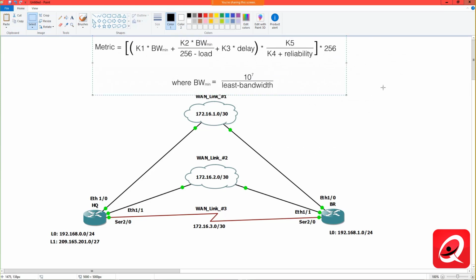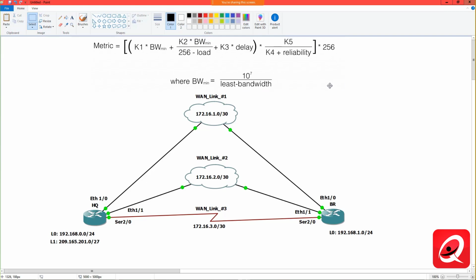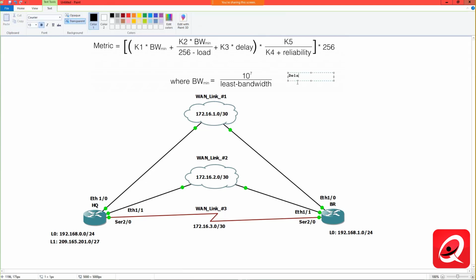Okay. So there is our metric for EIGRP. The metric is equal to K1 times the bandwidth, and we've got a little indication of min, plus K2 times the bandwidth, divided by 256 minus the load, plus K3 times delay. Now, the only thing that they're missing here is how is delay calculated, right? And if you guys recall from our last discussion, delay is equal to,